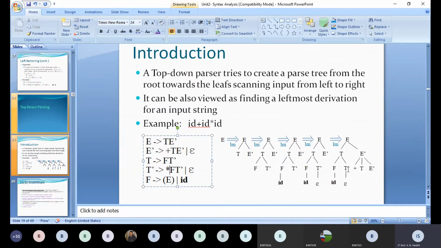Here, since F and T dash are replaced with some terminals, then only are we going to expand this E dash. Without giving any value to T dash, you cannot go directly to E dash. That is the only condition here. First give the leaf nodes, then go for the parent nodes at the levels above. So this is how we do the top-down parsing method: take the start node and generate the terminal nodes at the bottom of the leaves. Is this clear up to this point? Top-down parsing.